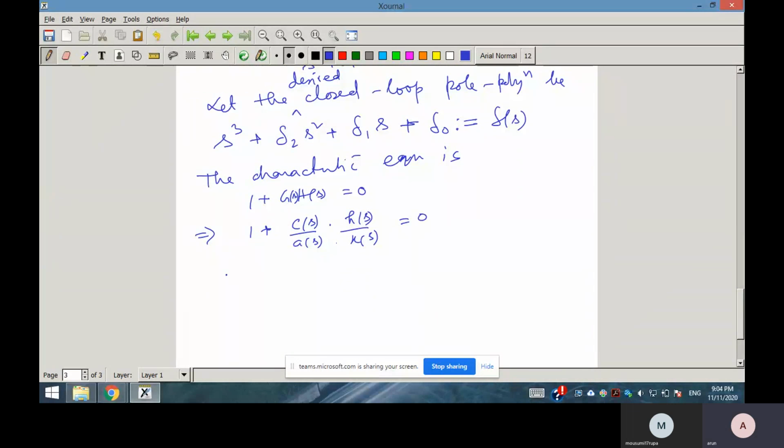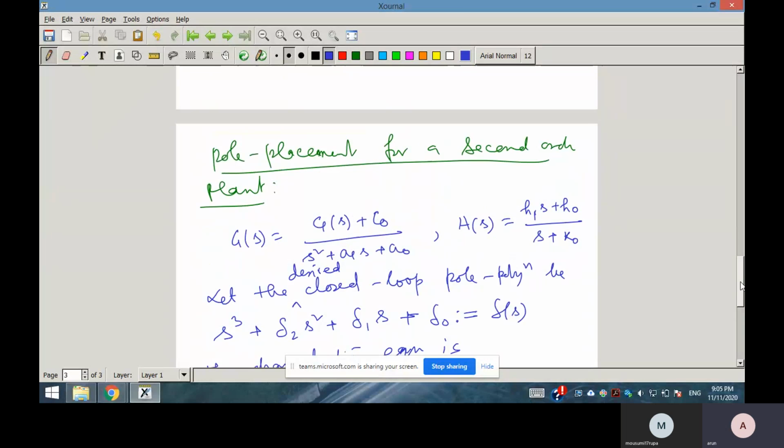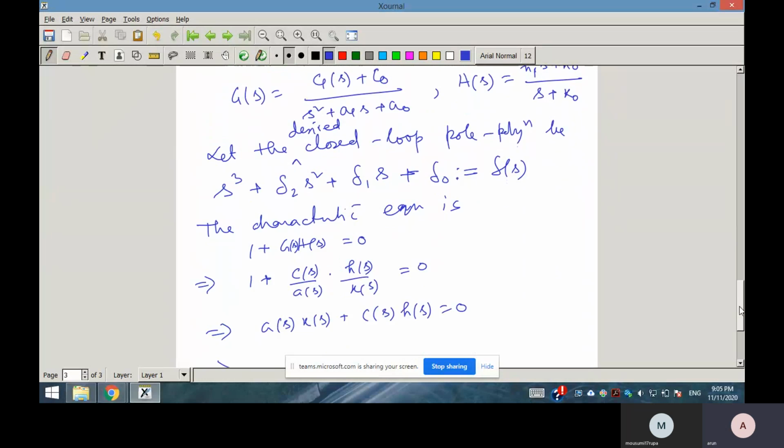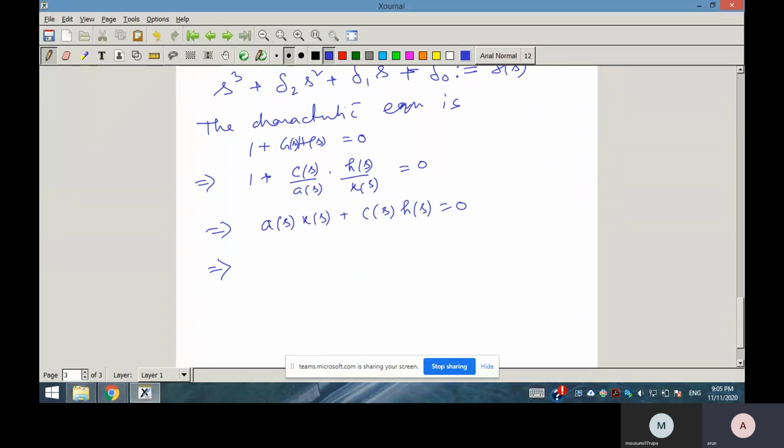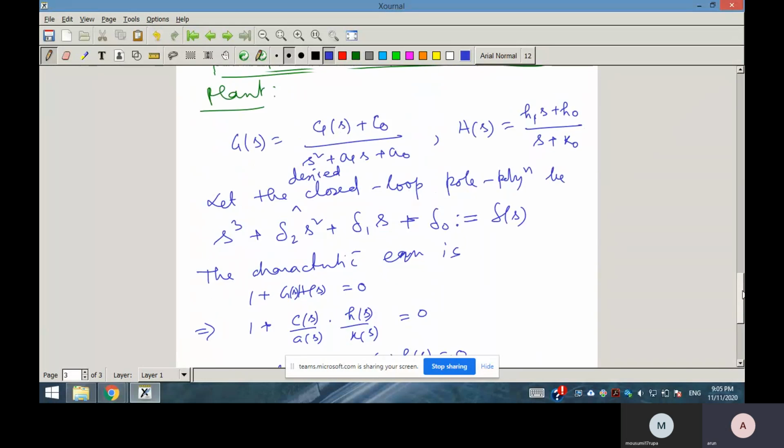This is equal to 0. So this implies ASKS plus CS HS equal to 0. So now AS is here what? AS is S square plus A1S plus A naught. What is your KS? S plus K naught. What is your CS? CS is your